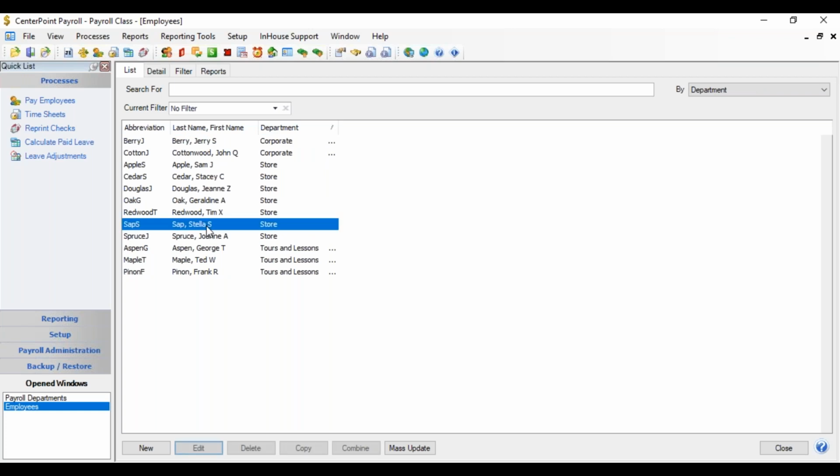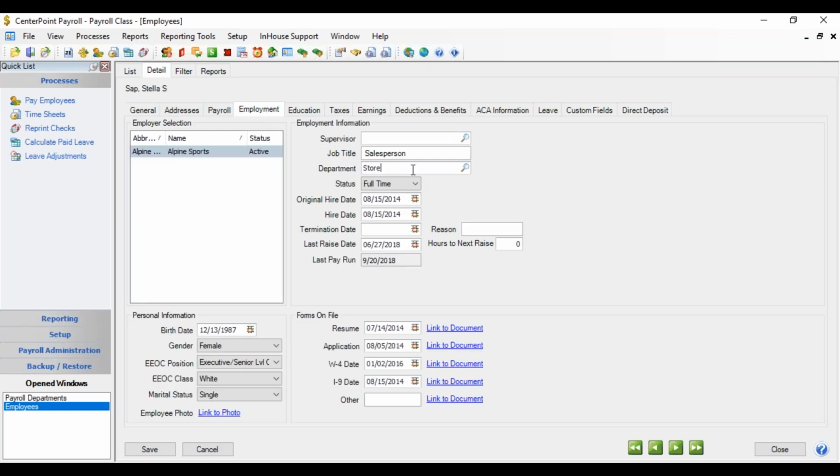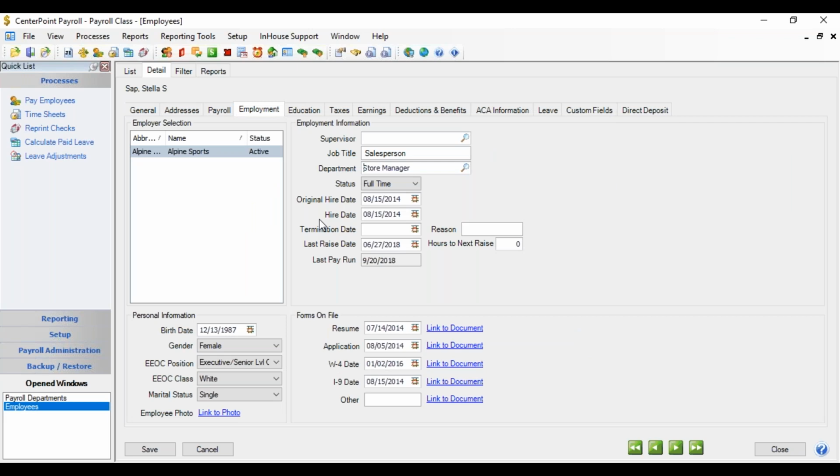We're going to edit Stella and make her a store manager. So we're going to go to the detail. The payroll department is stored in the employment tab, and we can change the department here, click the lookup, and go to store manager. That's the only change that's needed. It is stored by employer. If you have multiple employers, you'd want to select the employer that you're changing or adding the department